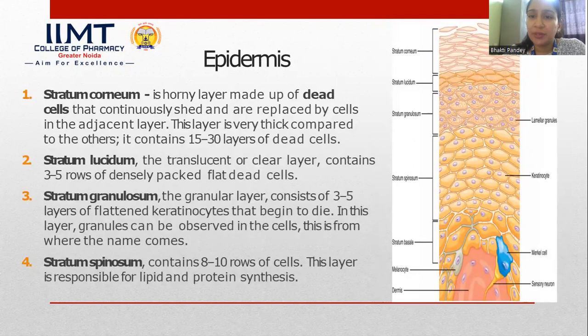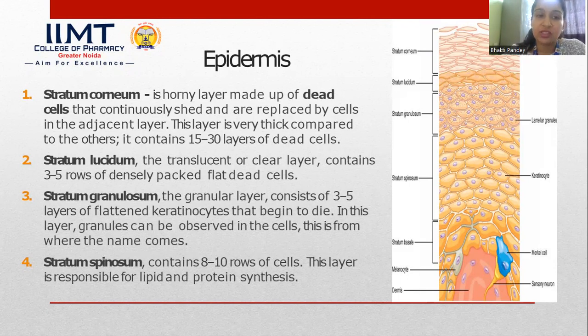The layers of the epidermis are stratum corneum, stratum lucidum, stratum granulosum, and stratum spinosum. The uppermost layer, or the only dead layer we can say, is the stratum corneum. It constitutes very thick layers and contains almost 15 to 30 layers of dead cells. Stratum lucidum is a translucent layer that contains approximately 3 to 5 rows of densely packed flat dead cells. Then stratum granulosum,